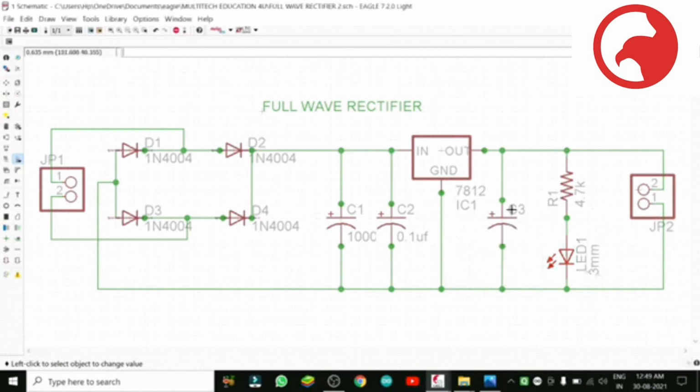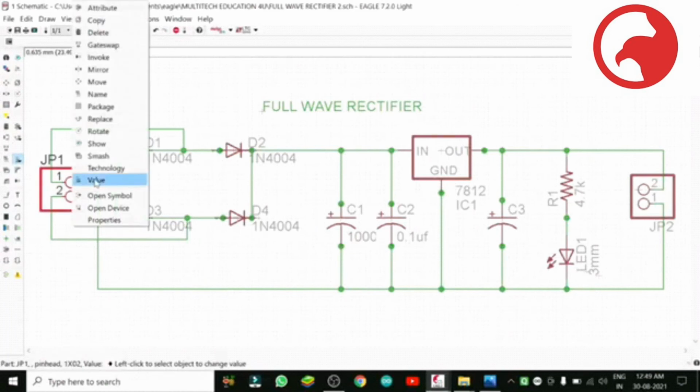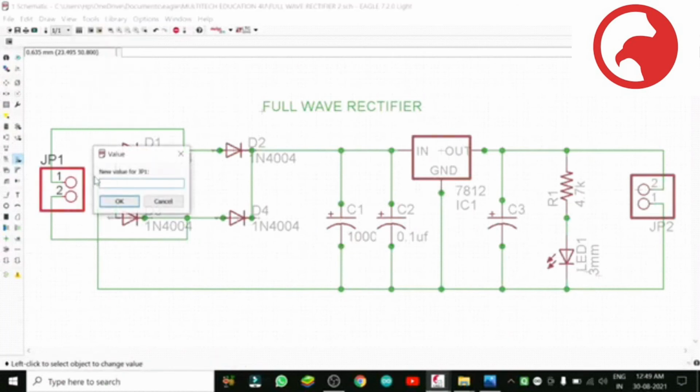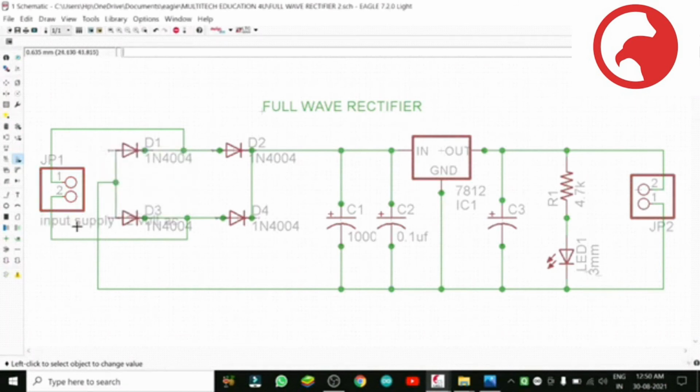Instead of going to the left side for the value and the name, and smash is important everywhere. Now you can write here also, same input supply 12 volt AC. Before we wrote from the other way, now we are writing from here, directly clicking on the symbol. I think just you watch, even don't listen to me, just see where my cursor is moving.